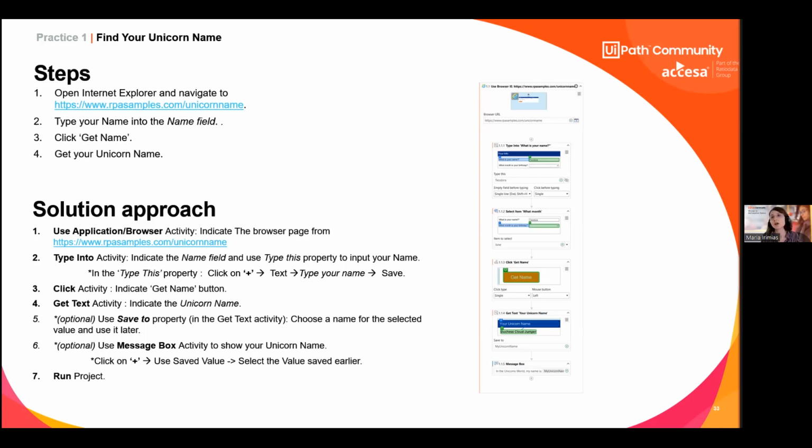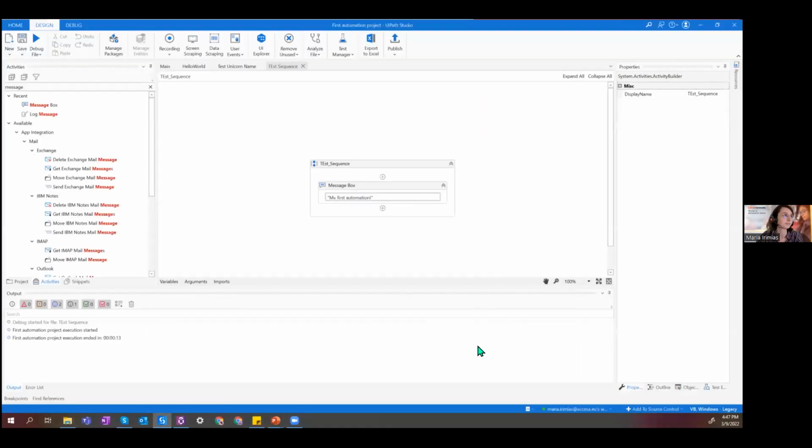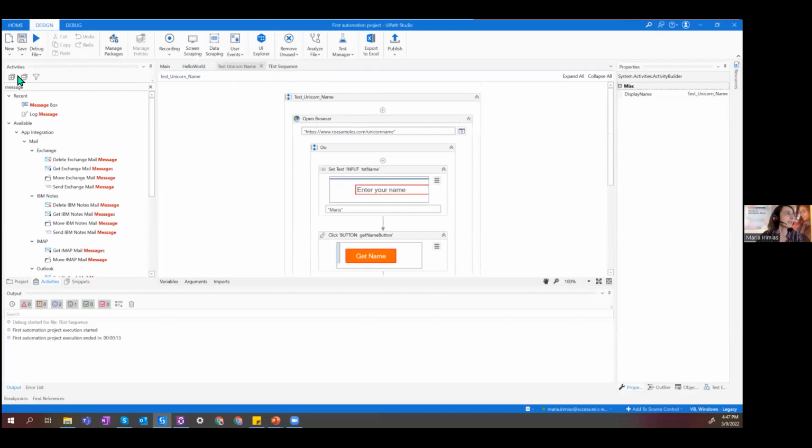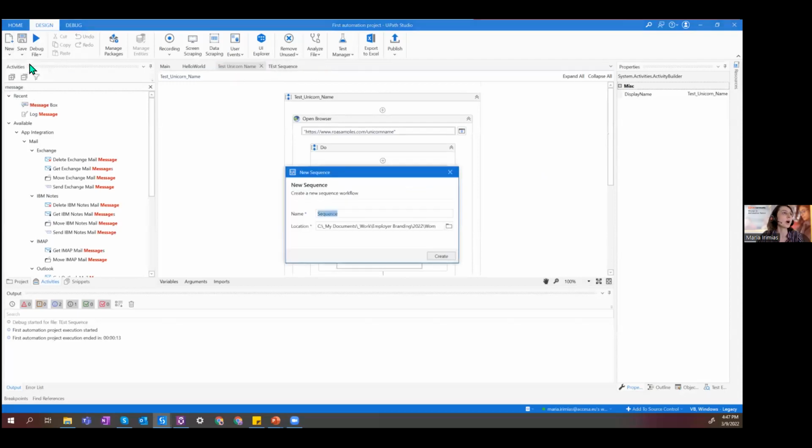And afterwards, I can use a log message or a message box as I showed you in the hello world. And then we will just run the process and see how it can be done step by step. Let me just switch to UiPath Studio. Close this part. This was the unit test. For example, I have already created one page, but let's create a new sequence